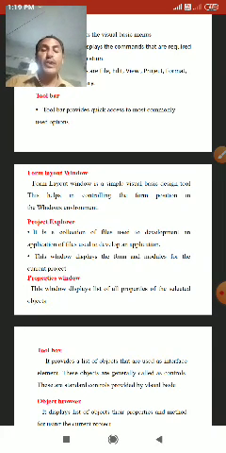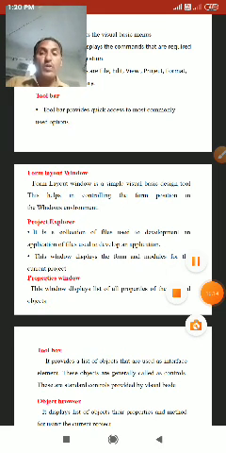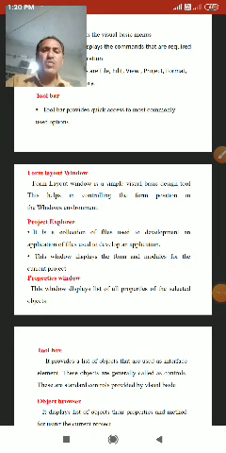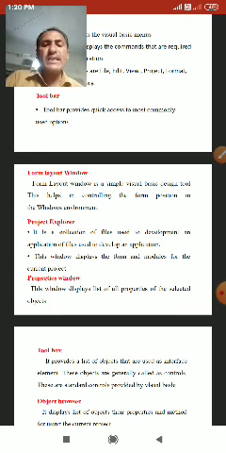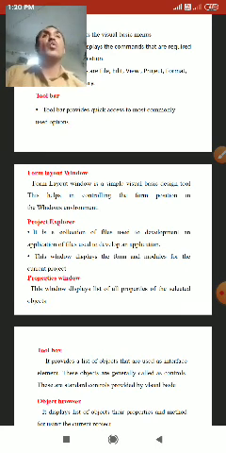Form layout window. This is the form layout window. The form layout window is a simple Visual Basic design tool.